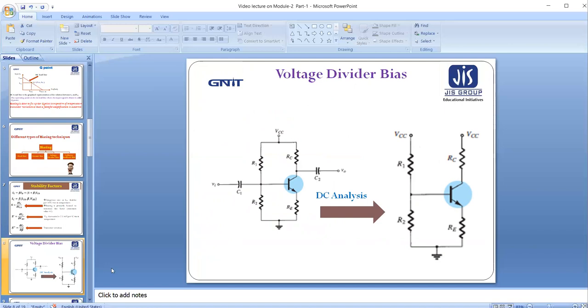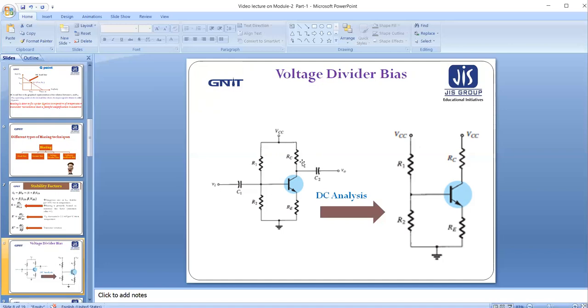In this biasing circuit, first we will see a complete common emitter amplifier utilizing the voltage divider bias. The VI and V0 are the input signal and the output signal respectively. The C1 and C2 are the coupling capacitors to couple the input signal to the base of the transistor, where the C2 will couple the output signal from the collector to the load. They are also called blocking capacitors because they block the DC signal present in the AC signal if it is mixed with the AC signal.